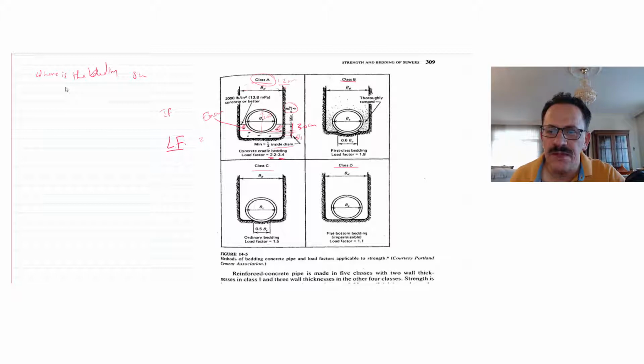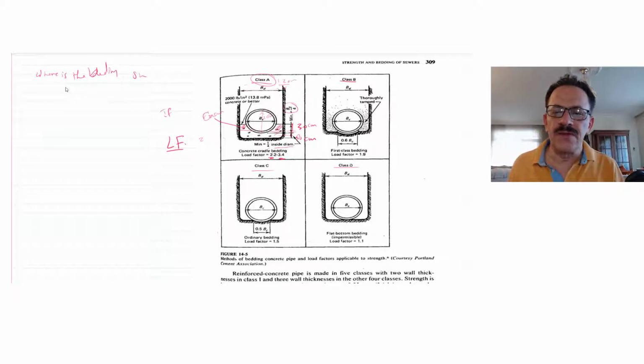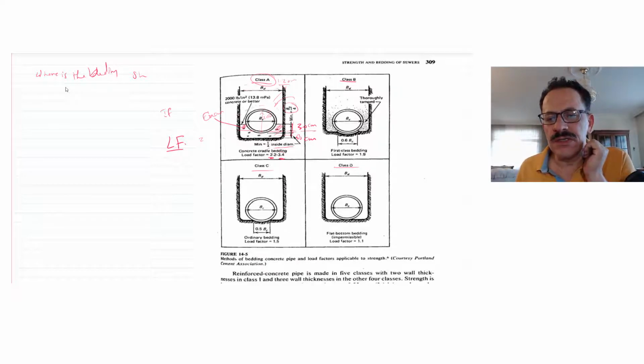It means that 50 centimeters here we need concrete, and after 50 centimeters we have to put the sewer, and then we have to fill at least the sides of the sewer up to a depth of 30 centimeters with plain concrete. Then after that we come and fill the rest of the area, and this is called concrete cradle. Concrete cradle bedding, it means it looks like a cradle. So concrete cradle bedding will be used if you have a load factor between 2.2 and 3.4.